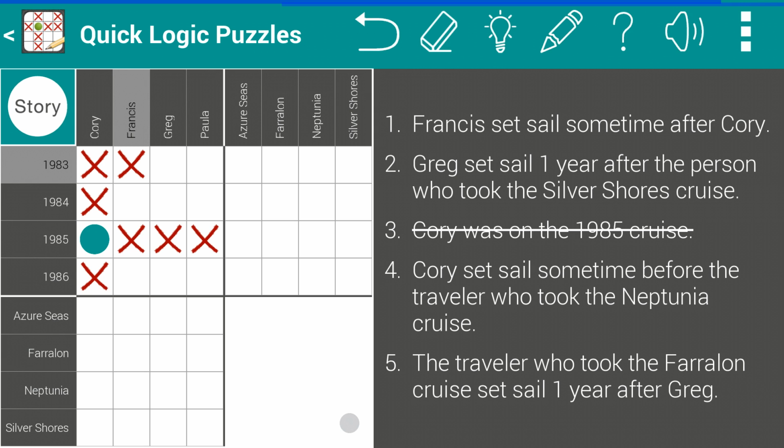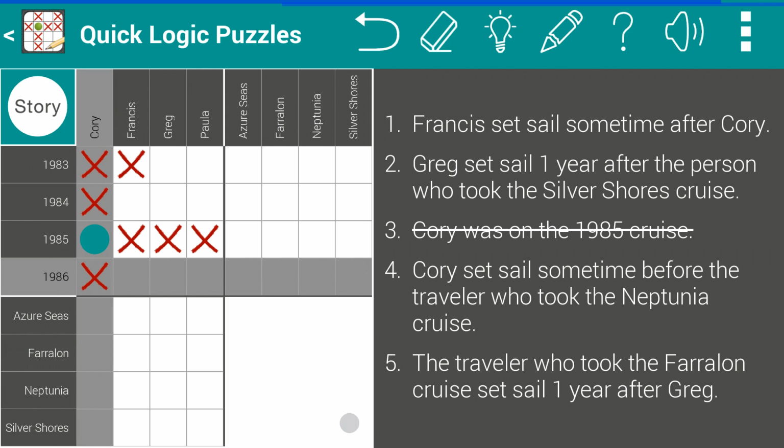The converse of that is also true. Corey cannot be the last traveler because Francis set sail after him. So if we had not already marked 1986 here as false for Corey, we would be able to mark that as false based on that particular clue. I'm going to leave that for right now